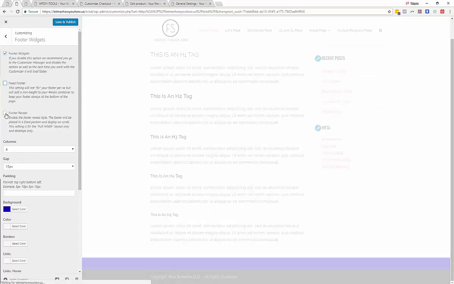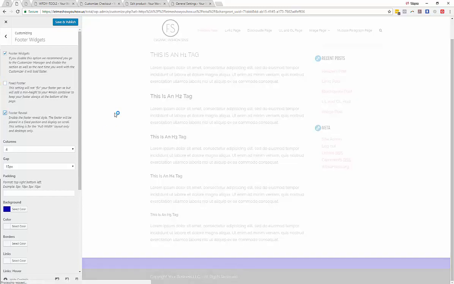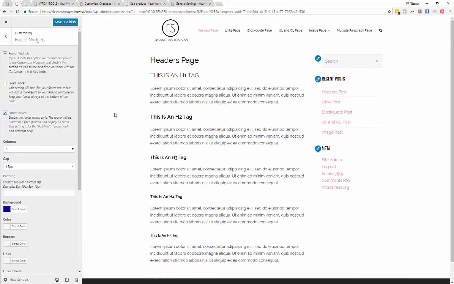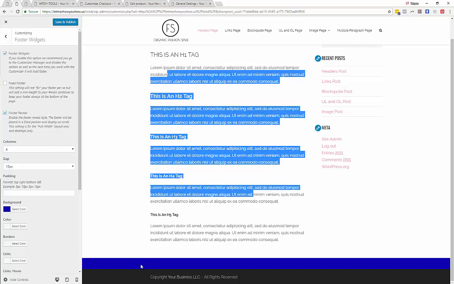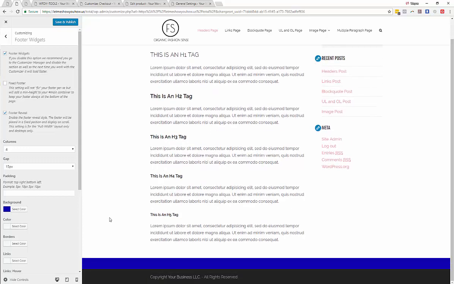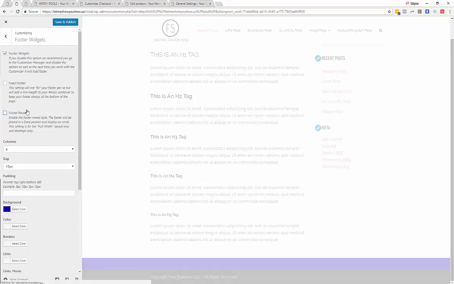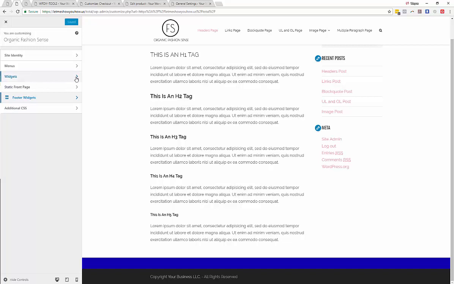You can do footer reveal, meaning that the footer will not reveal itself until you scroll down to see it. See, as I scroll down, you can see that it reveals. You see how this content area overlaps this blue area. So as I scroll down, the footer will reveal itself. So we'll uncheck that. We'll just keep it as is, keep it at 4 columns, and let's just save and publish again. Now what we're going to do is add the widgets, whatever widgets we want down here in this footer. So we need to go back, and then here we'll go to widgets,